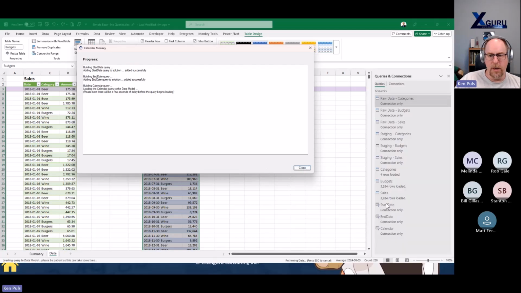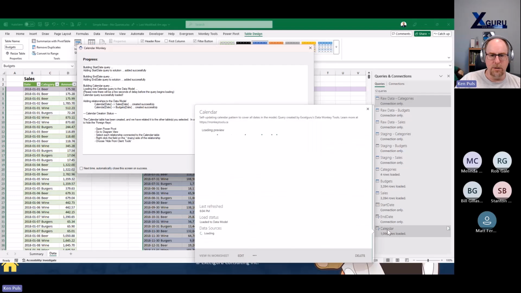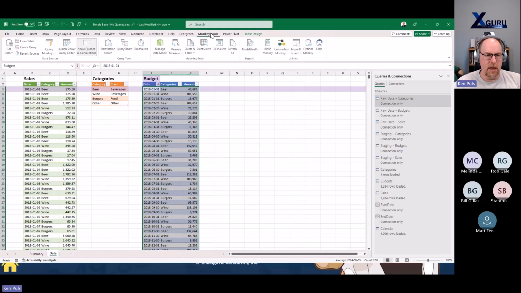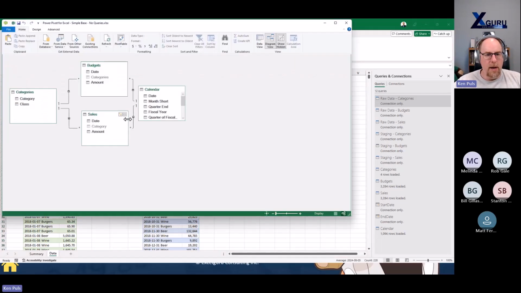And at this point, it creates me a couple of staging queries for start date and end date, and then loads a calendar to the data model. It also gives a little bit of advice down the bottom here on some things you need to do, because unfortunately, there's no APIs for me to do these parts for you. But basically what it says is hide this,